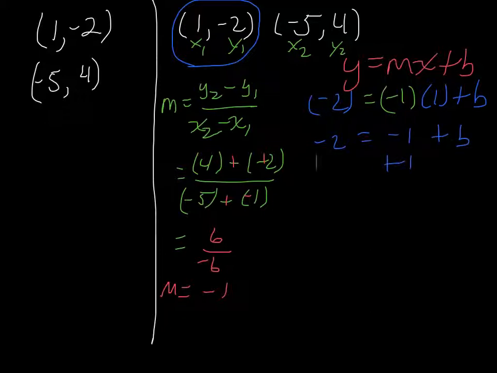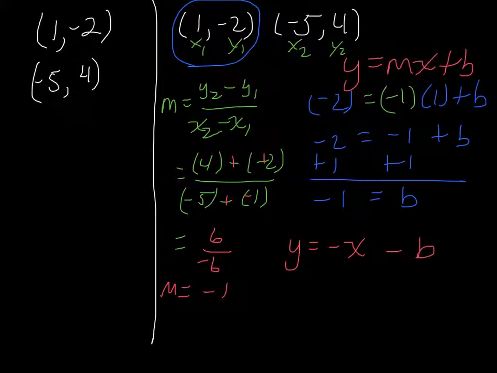Add 1 to both sides. Negative 1 equals b. So there we go. So now I have my y intercept, which is b, and I have my slope. So my equation then becomes y equals negative x, which is fine, and then minus b. Excuse me, not minus b, but instead,